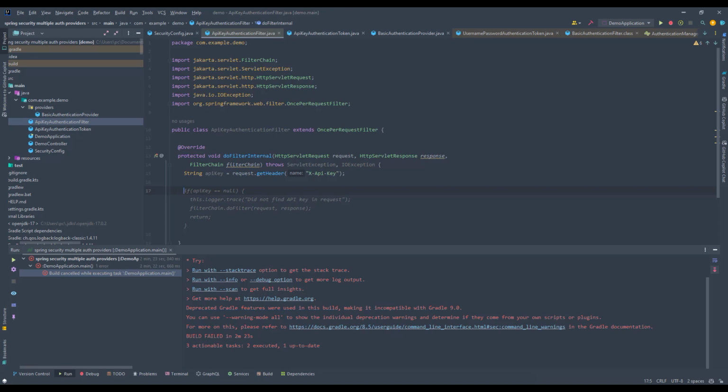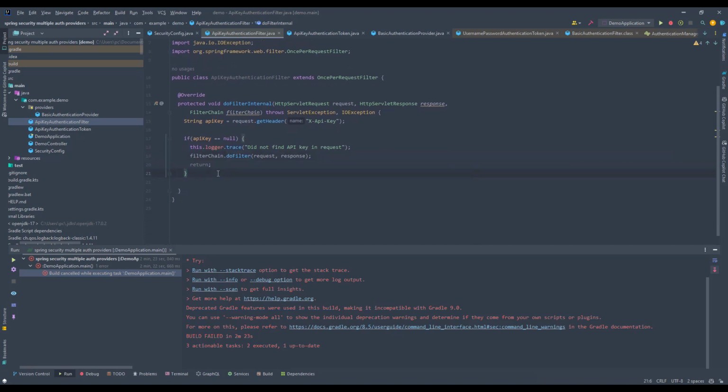Maybe we just want to log something out, and then we want to continue our filter chain. This will mean that once the request reaches the authorization filter, we will still have no authentication on the security context holder. And in case we do have an API key, then we want to build an API key authentication token, and we will build it like this, but we want to say authenticated initially